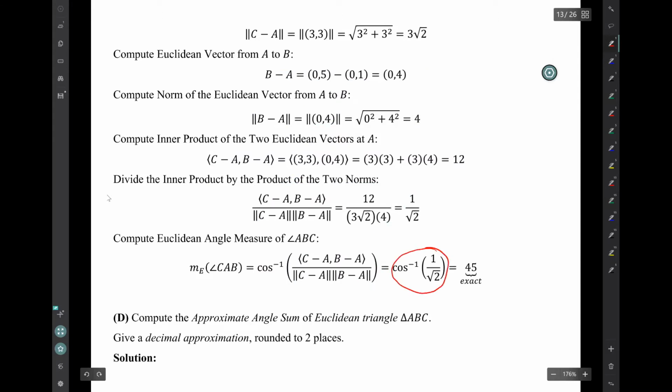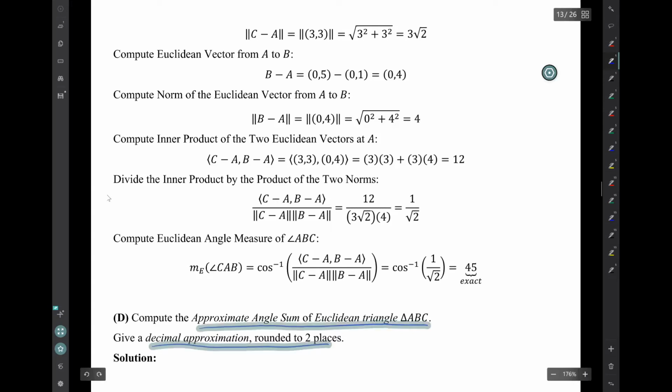So there's the answer. Now, when I type that into Wolfram Alpha, I get actually 45. That's exact. So I don't need to keep this messy expression. 45 is the exact answer. Question D is to compute the approximate angle sum of that triangle, just approximately, and to give a decimal approximation